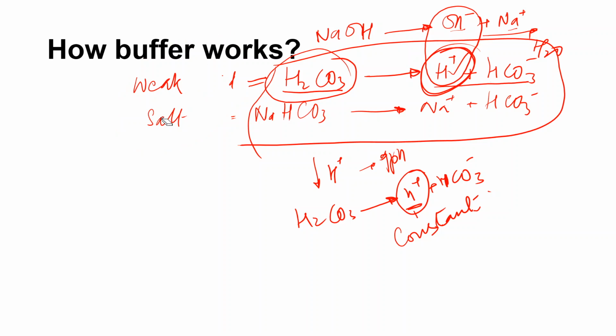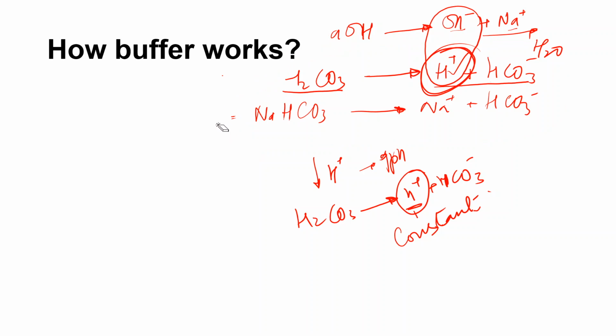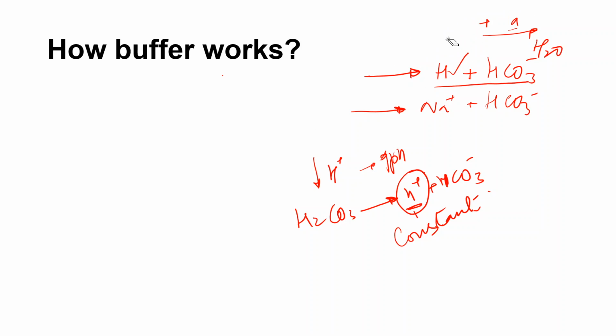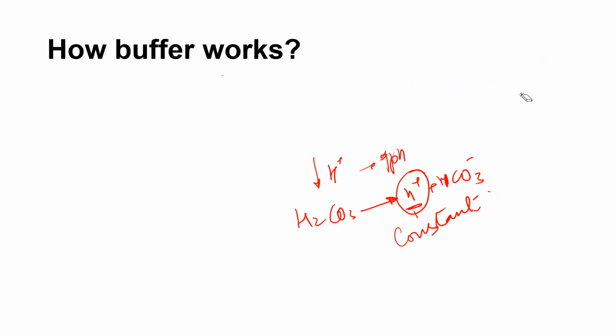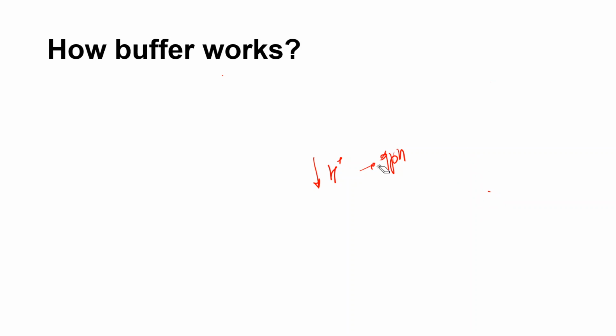Now let's see another example, because this is an example of a weak acid and its corresponding salt. The other example will be a weak base and its corresponding salt. The weak base and corresponding salt situation is a little bit different. That is not present in the body, or present in the body with only very minor influence. So the weak base is